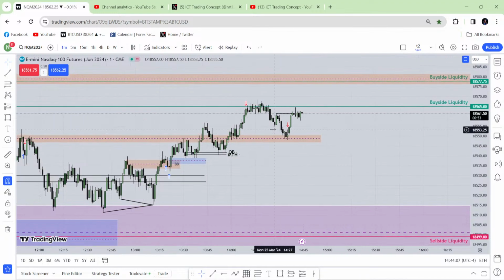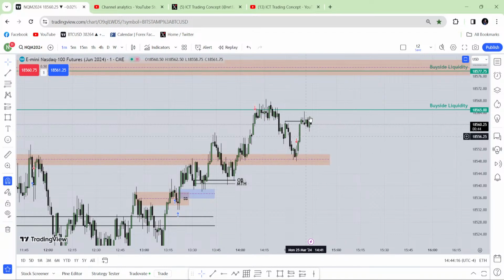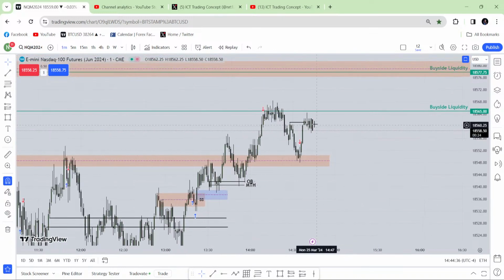This is kind of a 22 IT model. Market has taken the liquidity, market structure shift, fair value gap, market will go higher, but this entry is not valid to take. Why? Because market is reversing from a random area. I mean, not random actually. There is no fair value gap from hourly, no fair value gap from the 15-minute chart. So this run didn't trade any fair value from a high time frame. So you can't frame your trade over here. You just can't do it because I don't know if it's going to work or not. It can work. It has a 50-50 chance.